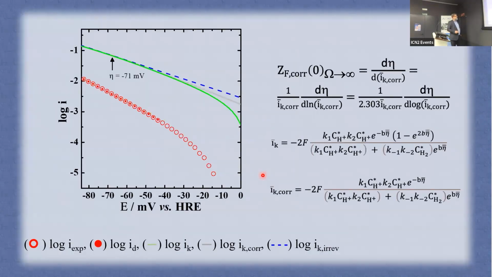And here we have the logarithm of current density: experimental current density, diffusional current density, kinetic current density, corrected current density, and the kinetic current density associated with the impedance measurements. So, on the basis of these results,